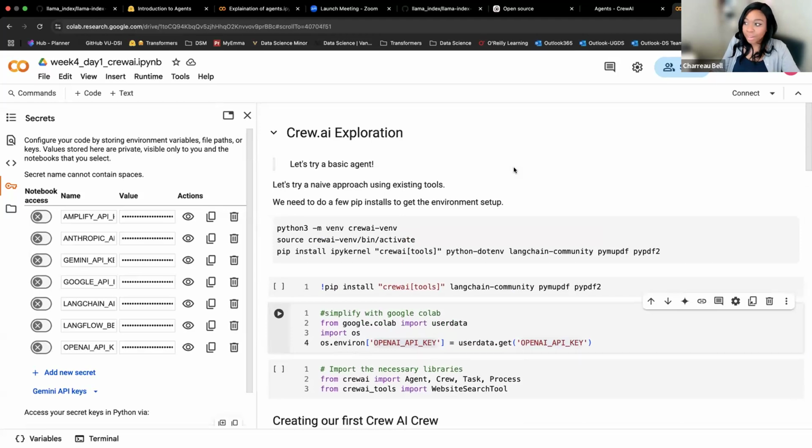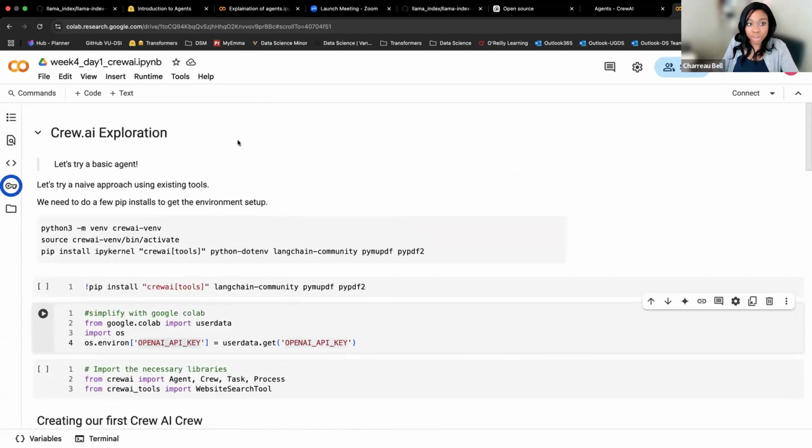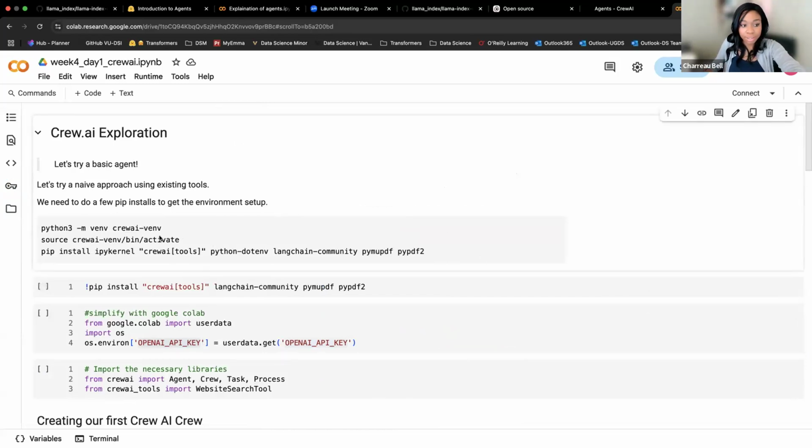Awesome. Okay. So something of note is that if you wanted to run this locally, you could download this and then run these lines. So if you copy and paste these in the terminal, then you would be at the same place. But you would also need an OpenAI API key, and you'd have to have it in your environment. So we're going to skip that part, and we're going to start running this notebook.